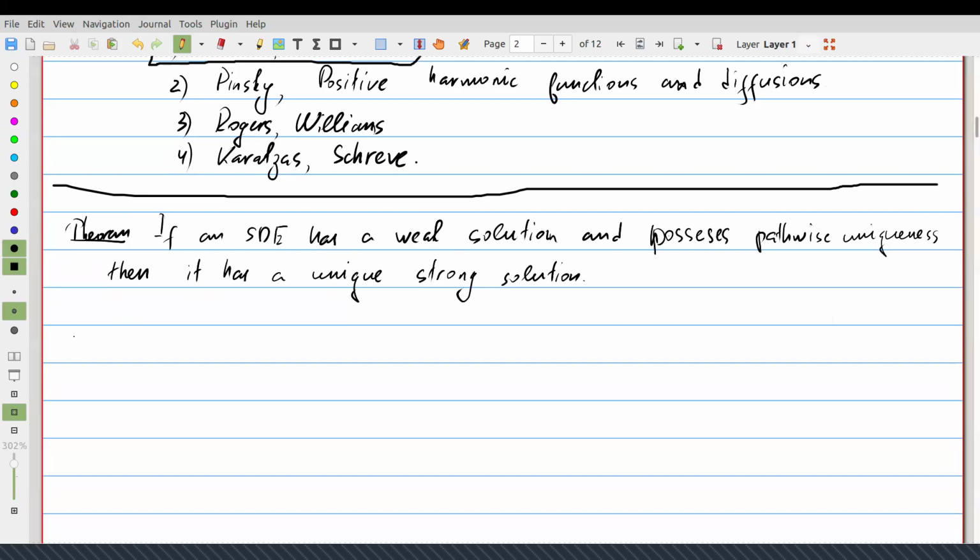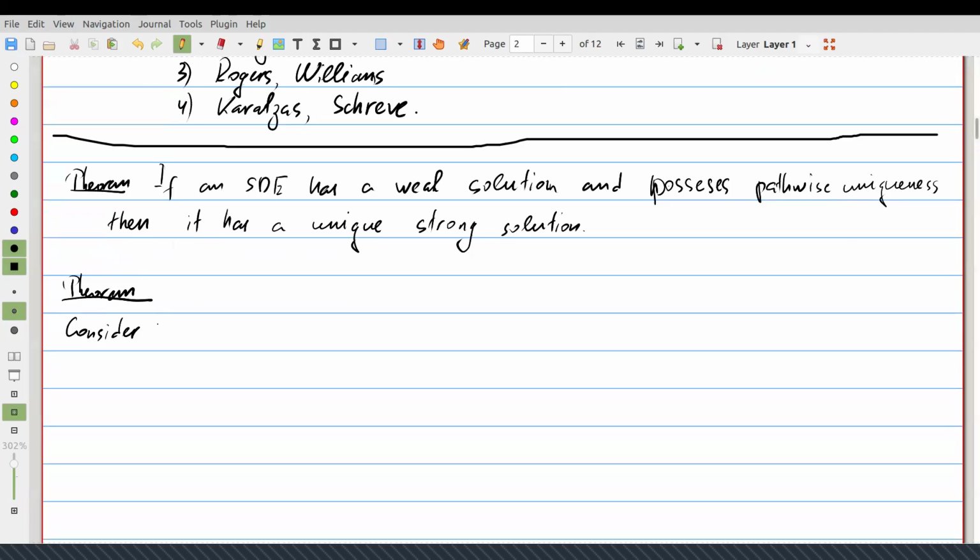So an example of a standard theorem that is useful is this. It's one-dimensional. And in the one-dimensional case, there are way fewer assumptions needed to make the previous theorem work. So the one-dimensional case is actually much easier than the multi-dimensional one. So I will consider a one-dimensional stochastic differential equation, d psi of t equals a of psi of t dt plus sigma of psi of t